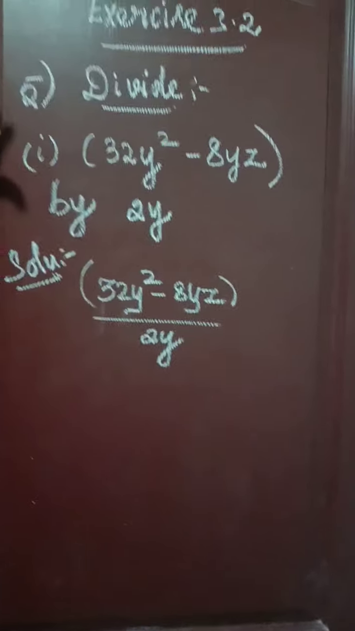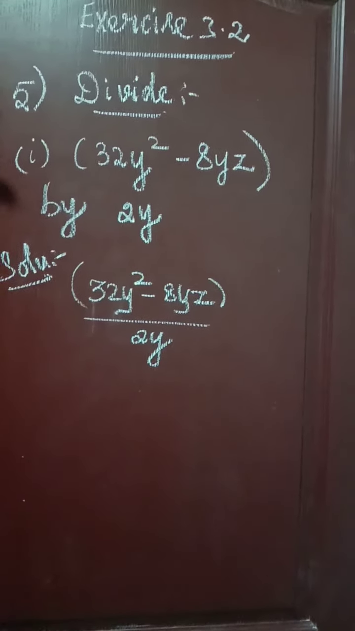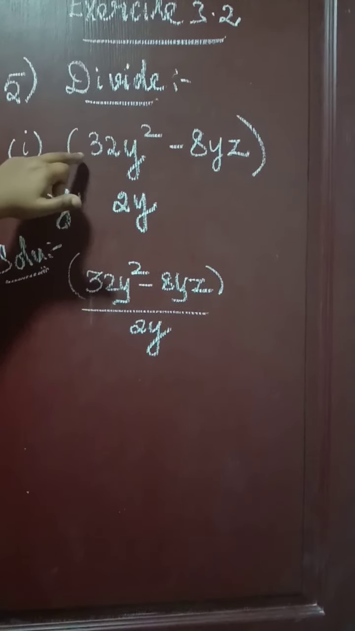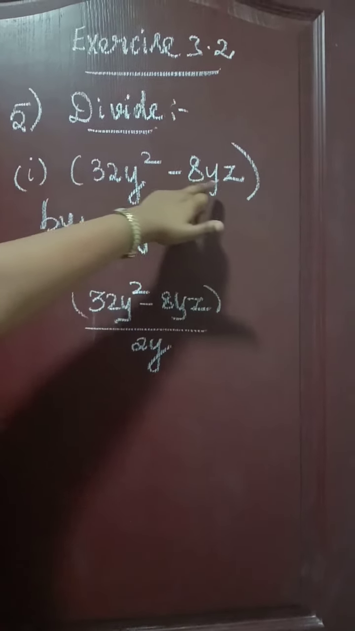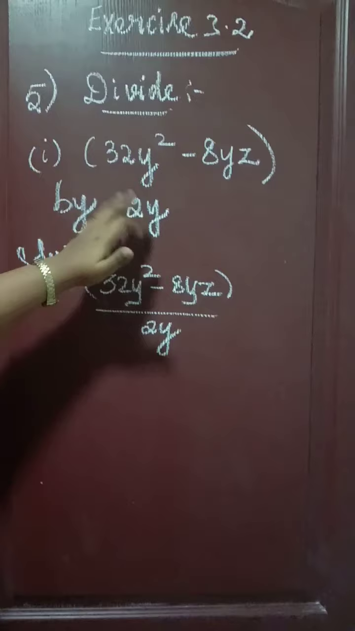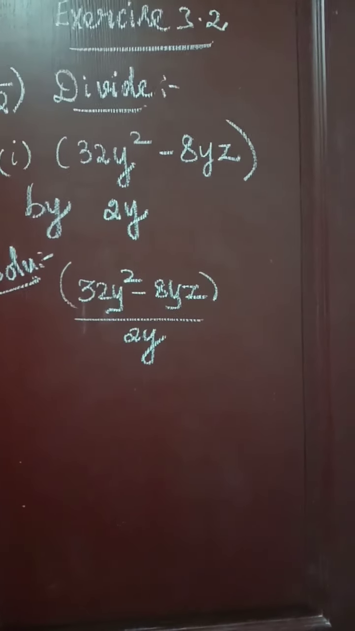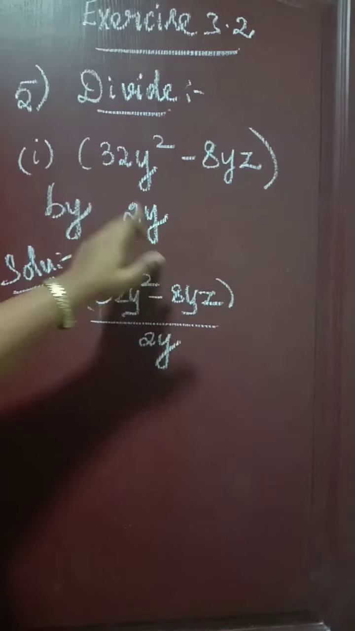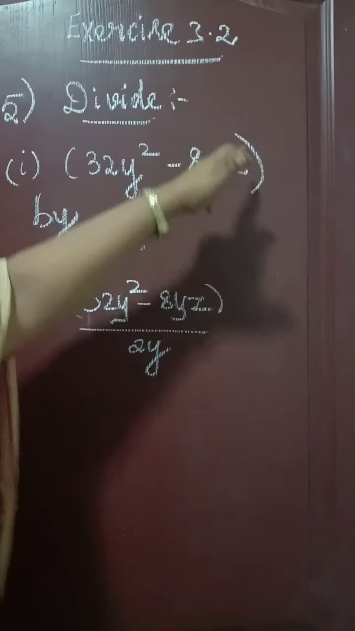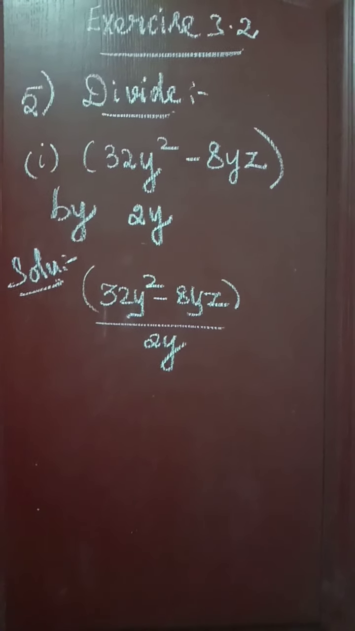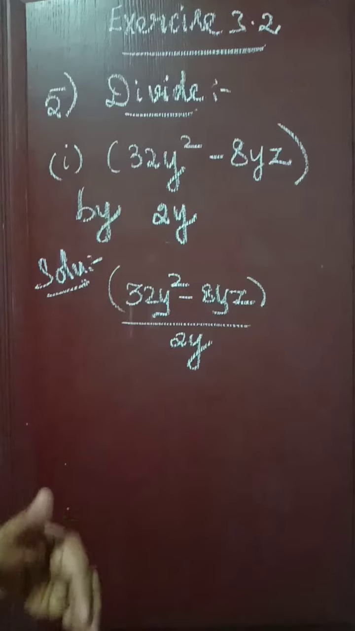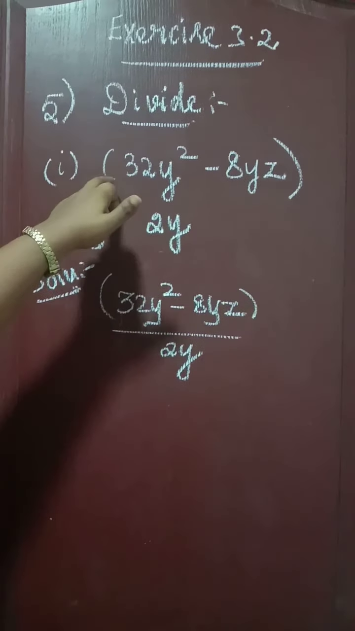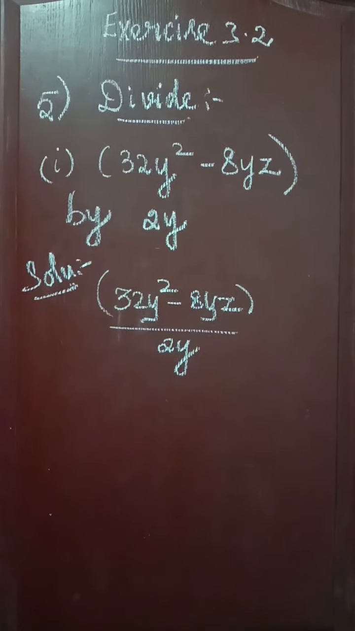Exercise 3.2, fifth sum, divide. Divide 32y square minus 8yz by 2y. You are going to divide this bracket by 2y. Last class we saw how to divide a monomial by a monomial. In this class we are going to see about